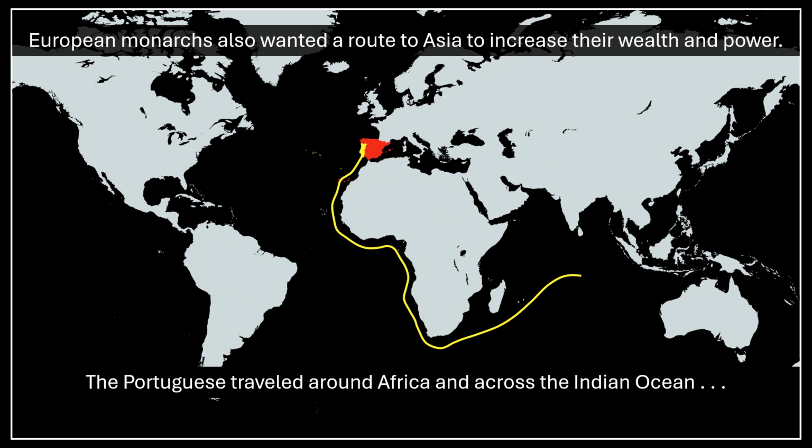And I know this map doesn't show a route all the way there, but if you can mentally imagine leaving from Portugal, going down around Africa, and then back up to India, it kind of makes a V, a really sloppy V, but still a V, V for Vasco da Gama. So Portugal has the first explorers. They have Henry the Navigator to help with navigation. And then Vasco da Gama is the first one who makes it to India.